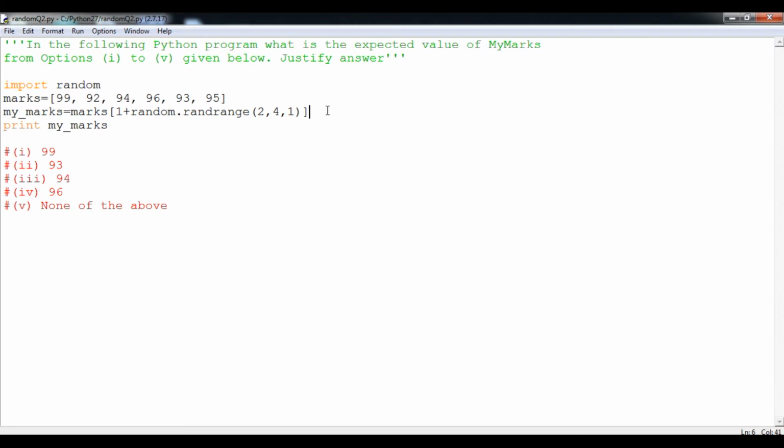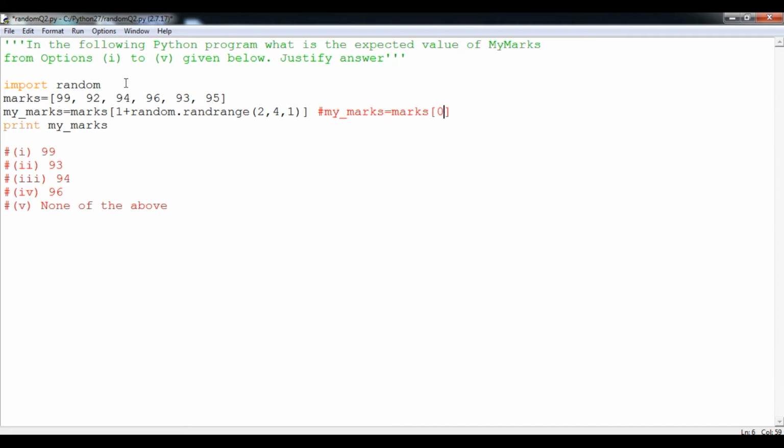So what is going on in this particular code, student? Whatever value my marks will store, suppose for example, student, if 0 comes, it is a simple example. Let's say if marks of 0th index comes, it will indicate 99.